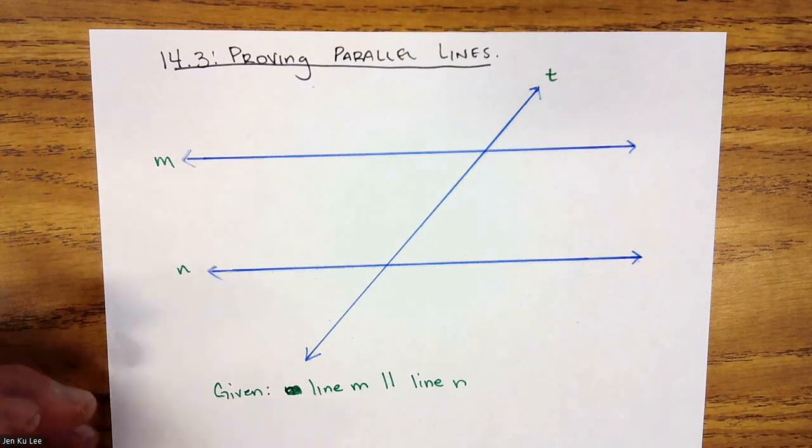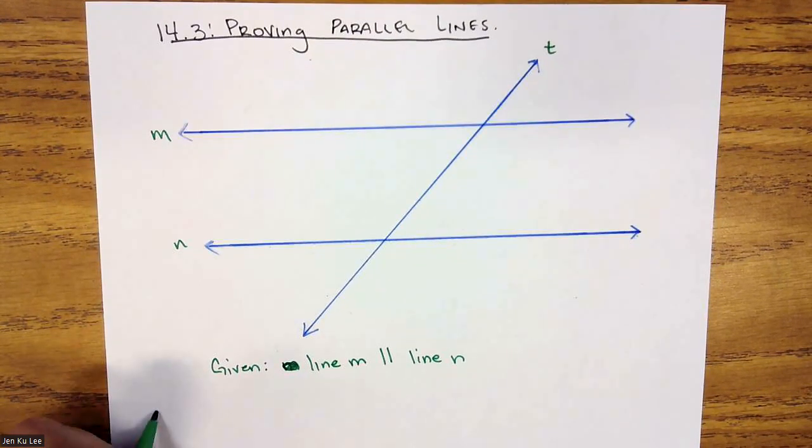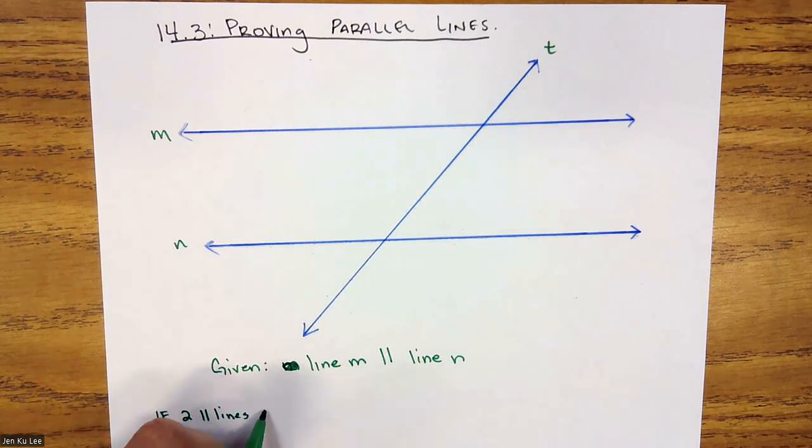Then we know all the rules, right? We had: if two parallel lines are cut by a transversal, then